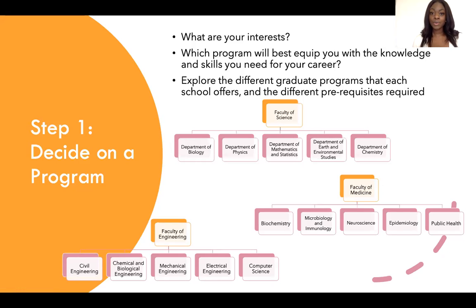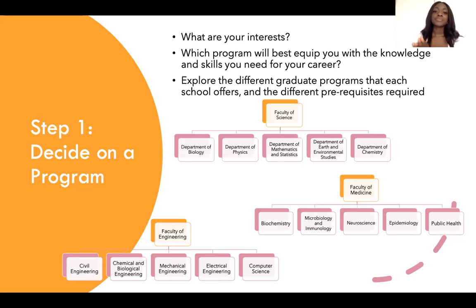I know for me, going into my master's and PhD, it's kind of a long story. I won't get into it, but I didn't really know what I liked and I didn't really know too much about my interests. So I kind of just chose something. And luckily, I actually like what I'm doing now. But it's really good to think about these things before you apply to your master's and PhD, just because it's a long process. As you know, a master's is 2 years, a PhD is 4 years. So it's best if you really like what you're doing because you're going to be doing that for a long